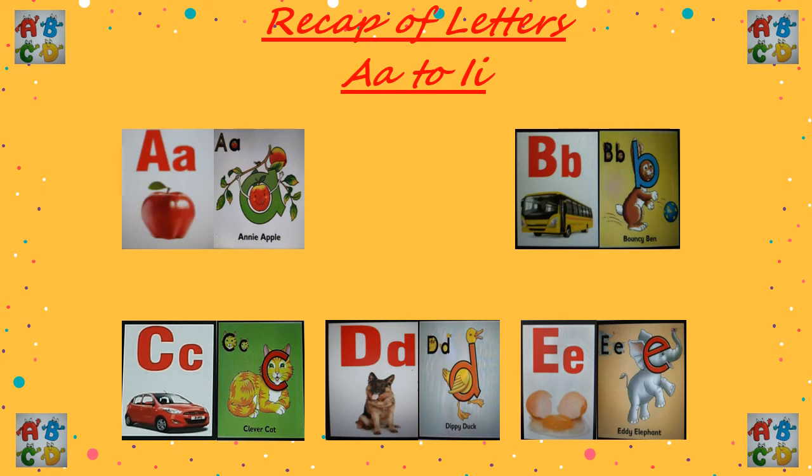That's right. And the letter and character friend of letter A is Annie Apple. Apple. The next flashcard is of letter B. That's right. And the letter and character friend of letter B is Bouncy Ben. Bus. The next flashcard is of letter